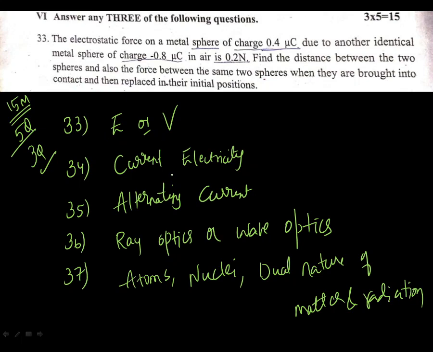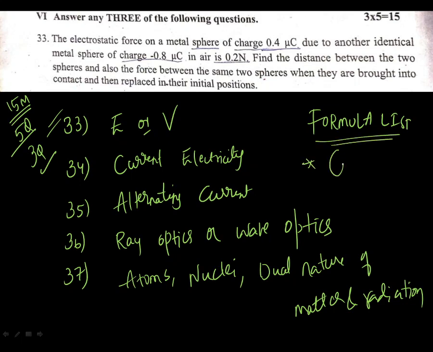Now, as you can see, question number 33, this particular question is from electric charges and field, which is the first chapter. Very clearly, this is a very simple formula based question. Majority of the time in the PU board, you will get questions directly based on formula. So I strongly suggest all the students to make a formula list of at least these many chapters.